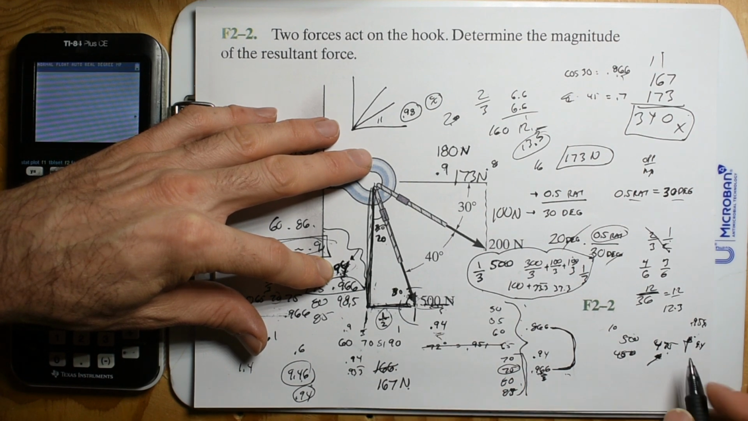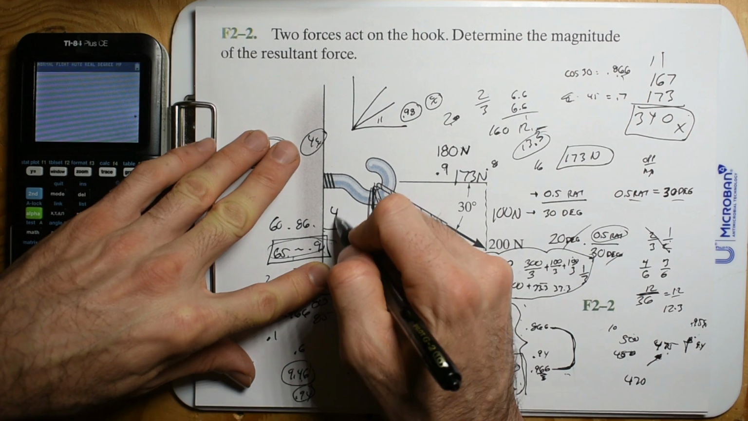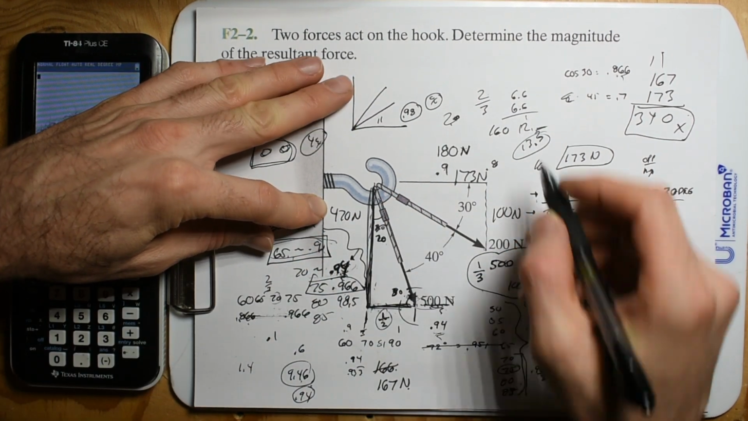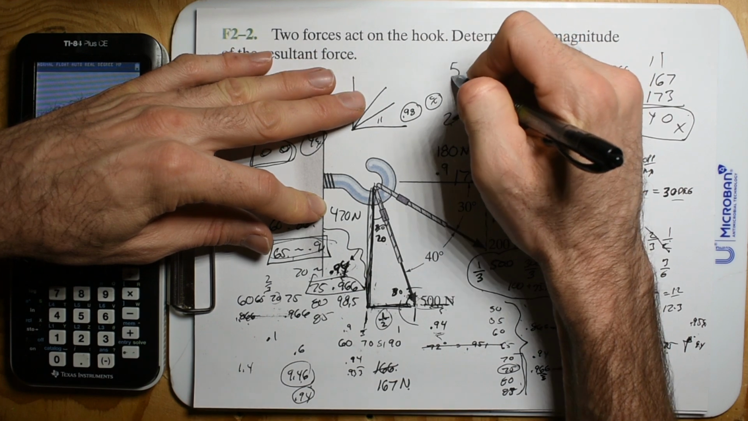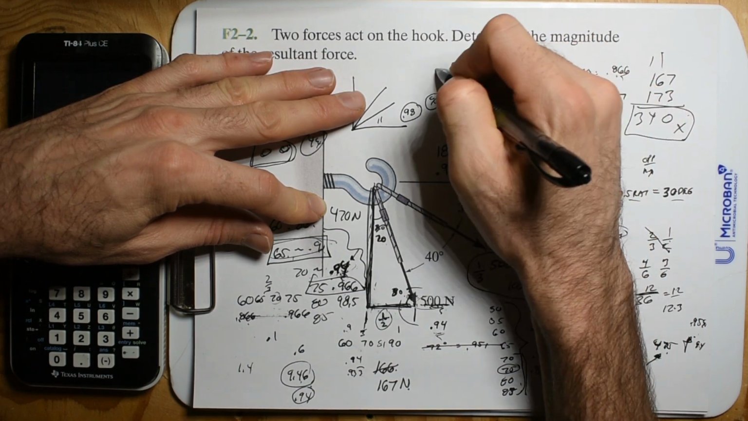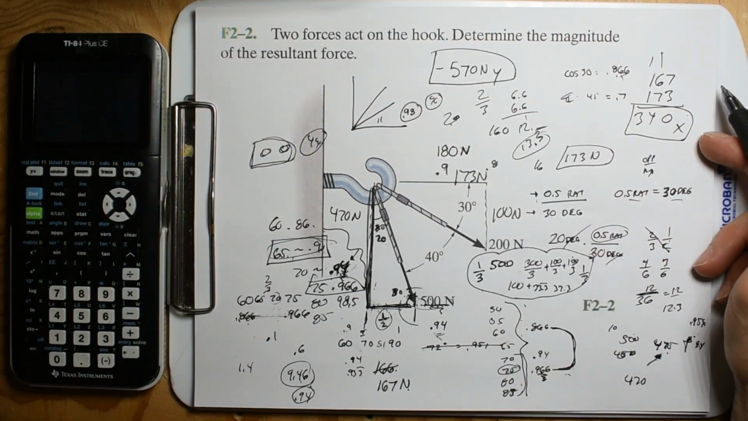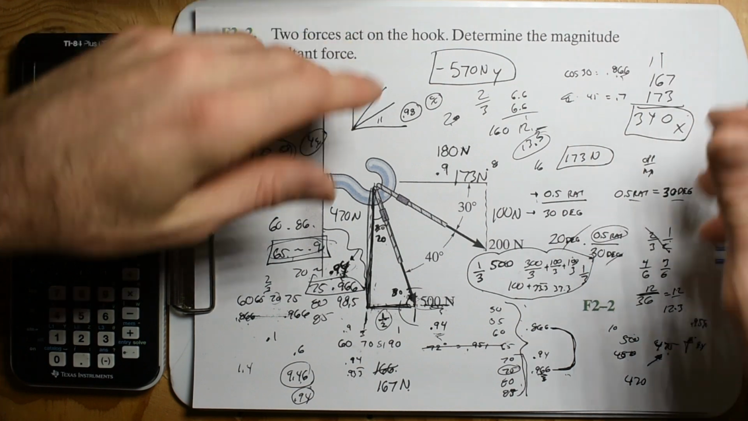So let's just drop it by 5. So we got 470. So we got 470 newtons. And then this. So final answer, 570 newtons negative in the y direction, and 340 in the x. And it says determine the magnitude. Okay, so still,